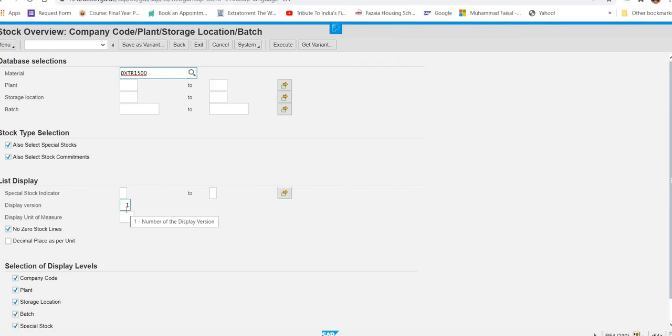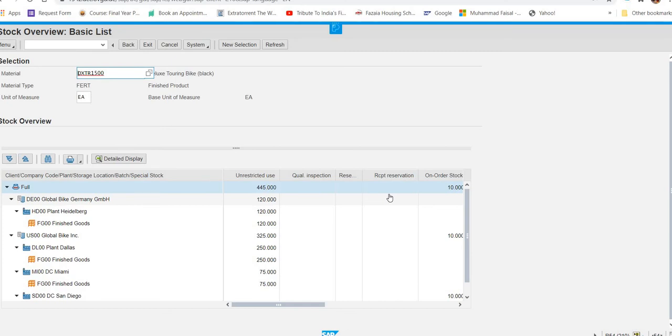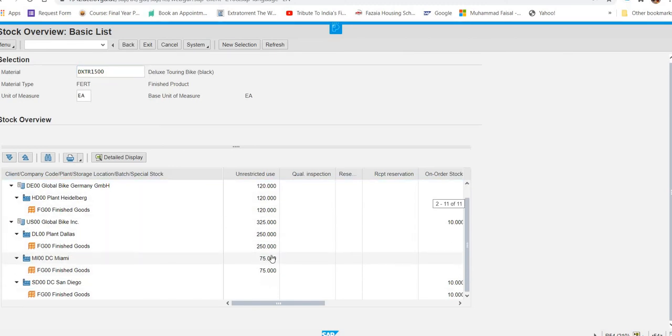On this stock overview, again they are asking you to check with this, it's coming automatically, and you execute it, and then you can see the list here. Now what you can see, the last two entries have been added.